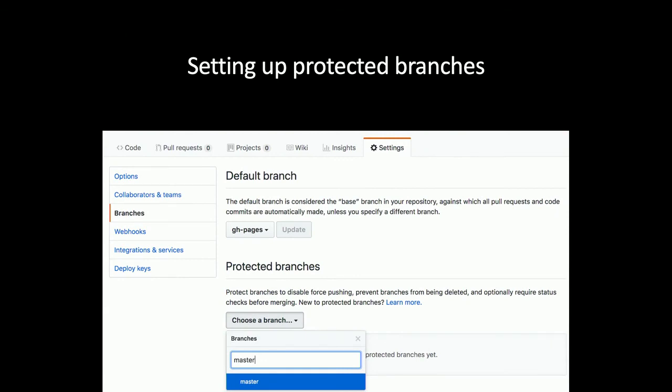Protected branches allow you to use a naming convention. So if you have a develop or a feature or a release or whatever, you're able to assign specific protections to those branches based on their name. Before, you used to have to assign it to an individual branch. Now you can kind of broad brush stroke it.